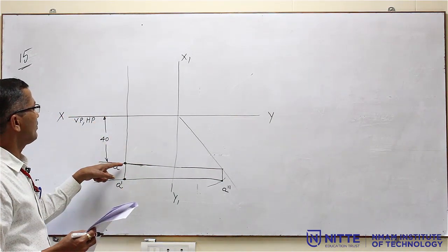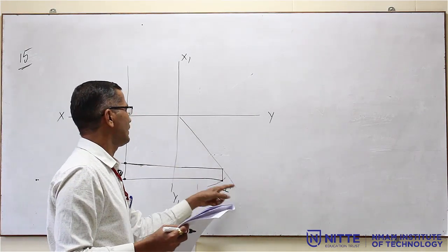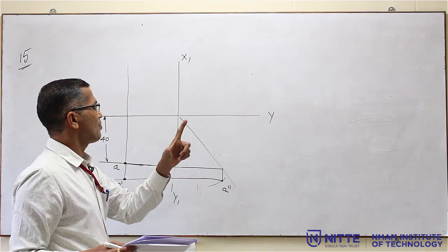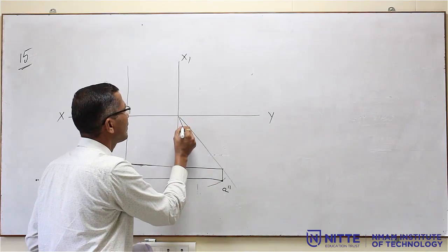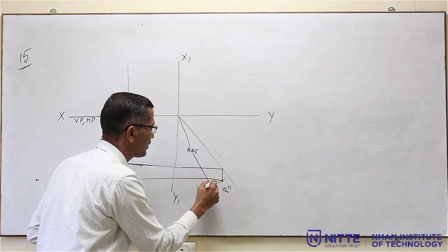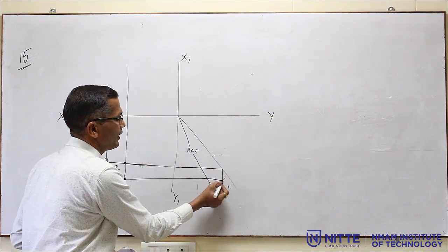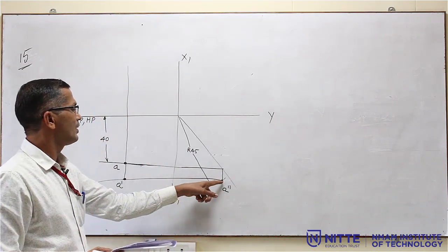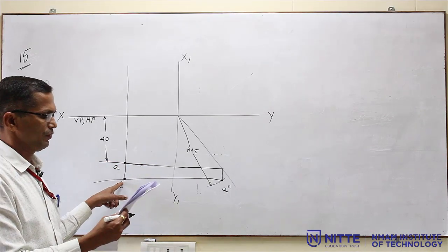First you mark a point 40 mm below this, then draw the 45 degree line, project it here, then move it down, take the compass and a radius is 45, this arc what I am going to draw here. Now this line and the arc will intersect here, so this point is the profile view. Then afterwards project it and move it down, so this becomes the A dash.